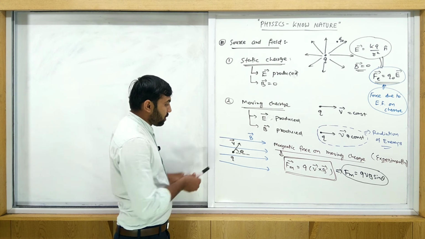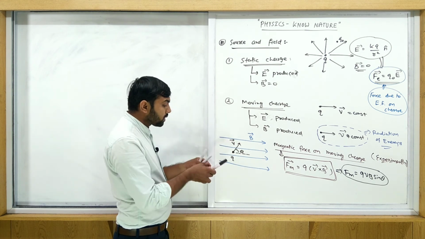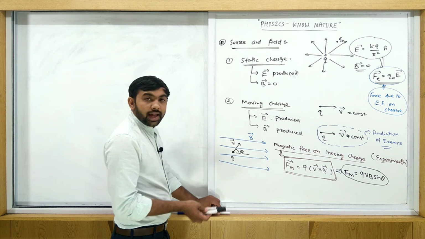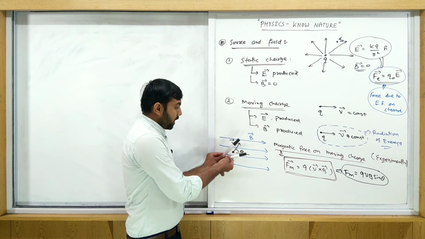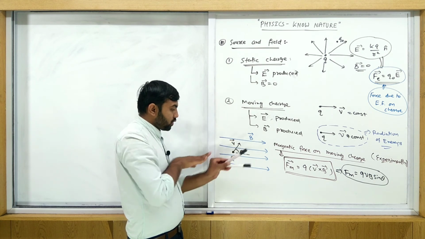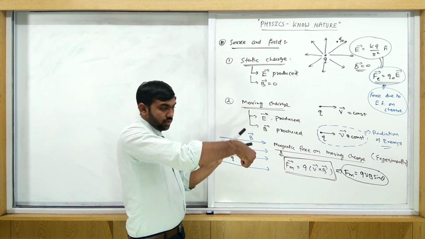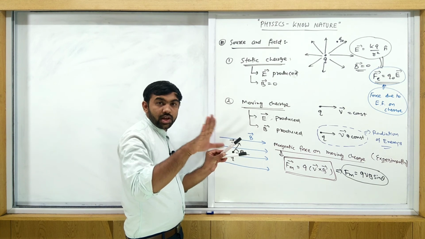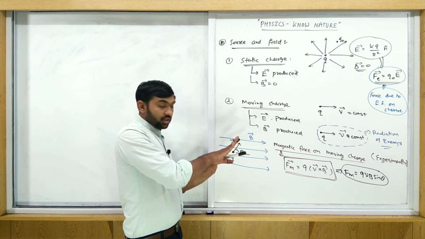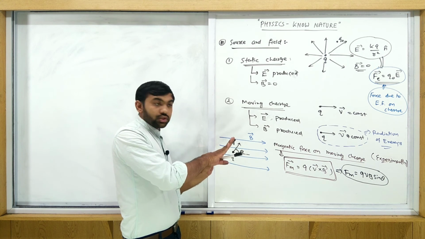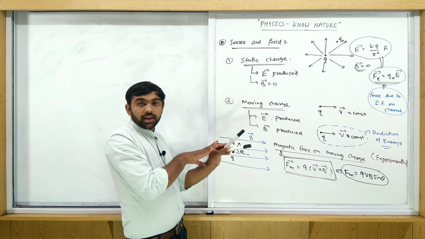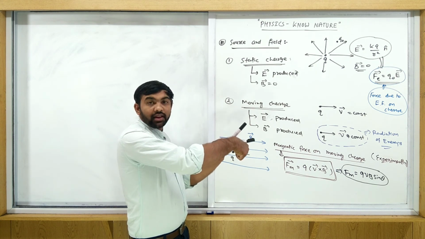Right now, suppose V is in this direction and B is in this direction. Use the right hand thumb rule for the cross product, as we studied in vectors. So for V cross B, in this given situation V is here, B is here. Use the right hand thumb rule: arrange the right hand parallel to V, and curl your fingers towards the second quantity. Here the second quantity is B. So this is V, this is B. Like this, your thumb is inside.